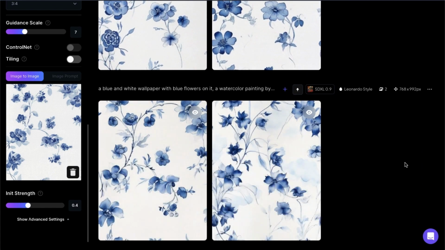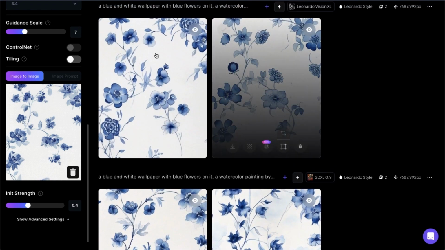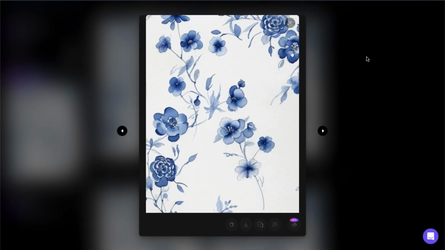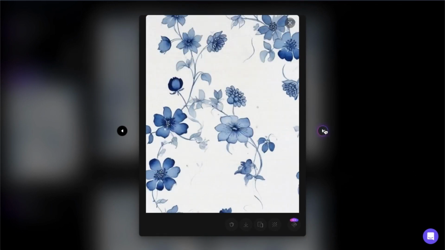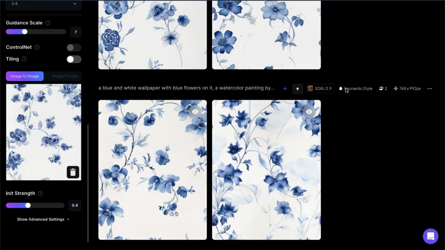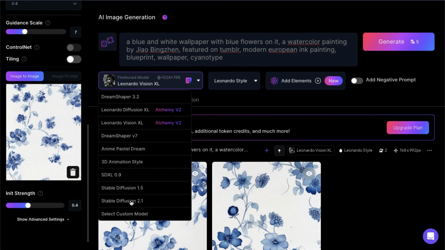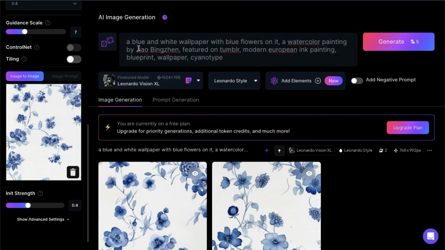But that's the thing with Leonardo, as I mentioned, you just can try around, see what you like best. These ones are nice too, just different. So you have a lot of different models to try, even more than shown here. You can change the prompt, you can change this strength here,